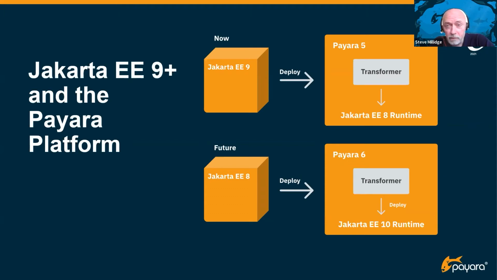So Payara 5 is not a compatible implementation, simply because some of the tests that you have to pass do class name checks, and it is an EE8 runtime, so it will fail those tests. But for all intents and purposes, we support you deploying Jakarta 9 applications into the Payara platform in version 5. And we consider it a bug if an application doesn't deploy, and we have some edge cases that we work on now and then where people raise them and we fix them.